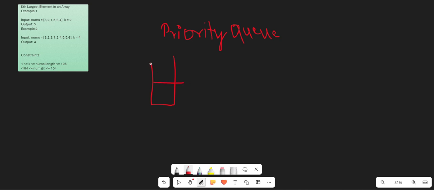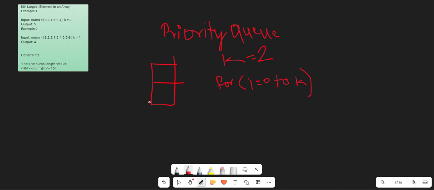Suppose k is given as 2. I will use one for loop from i equal to 0 to the kth value, adding 2 and 3.